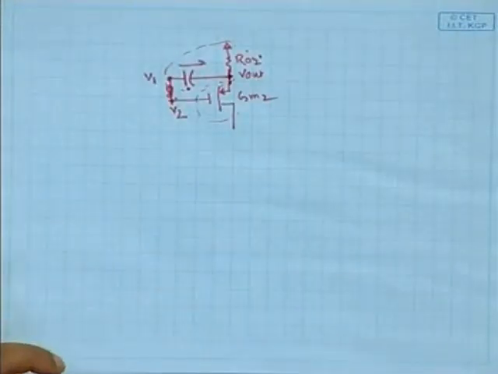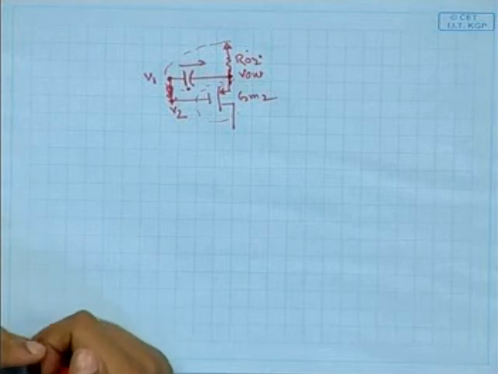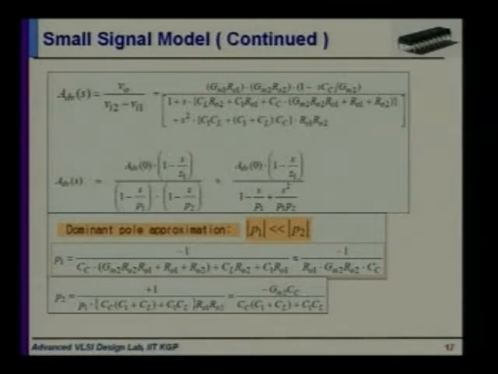So how can this appearance of the zero be avoided, how can it be eliminated? This is actually a simple node equation that has been solved, and the approximate positions of P1 and P2 have been given here. So don't bother about the big expressions. At the time of designing, these equations will be provided along with the specifications, and you will just go on calculating the positions of the respective components.